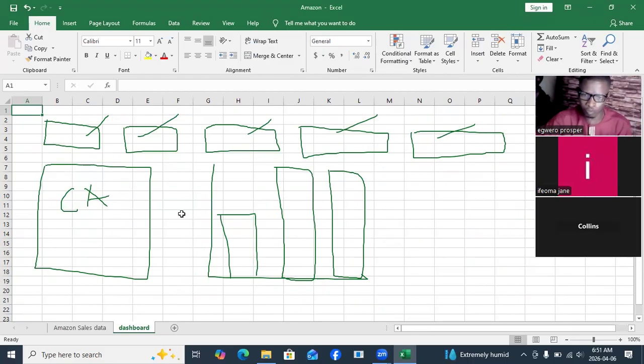Here is going to be the table model, while this is going to be the graphical model. And we are expected to use different graphs,